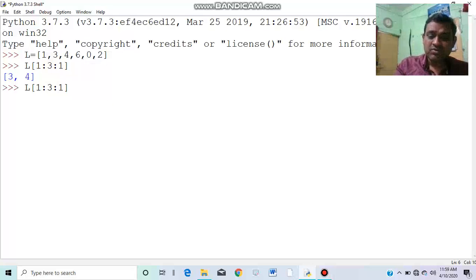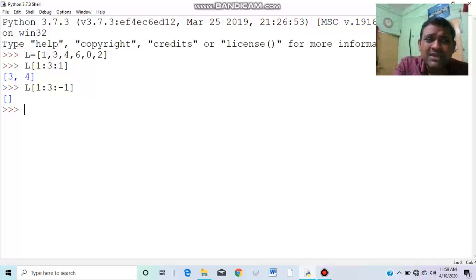If I mention some other step, suppose I am using a negative step like this, what happens? Look, this gives nothing. Starting from 1, I have to go up to 3, where exclusive 3 means 2 is the end point.